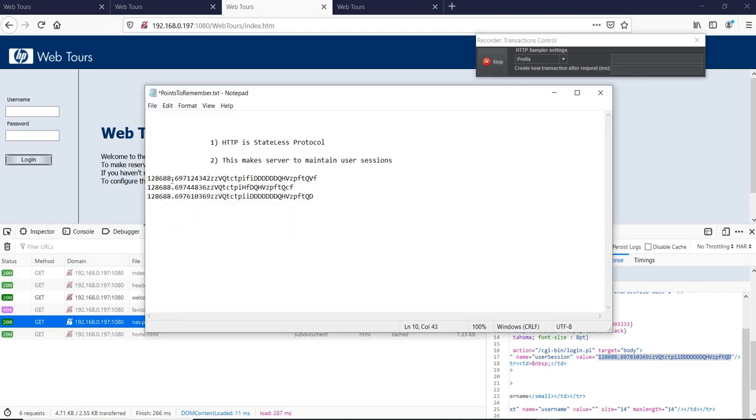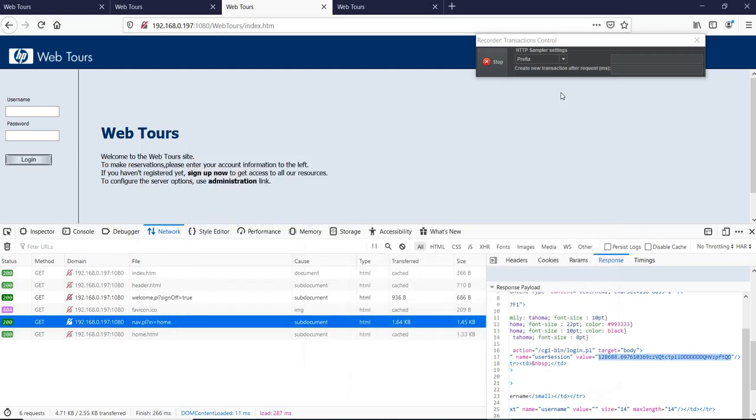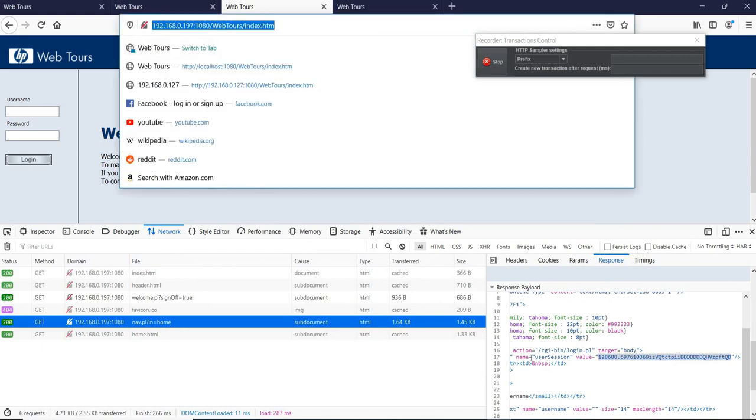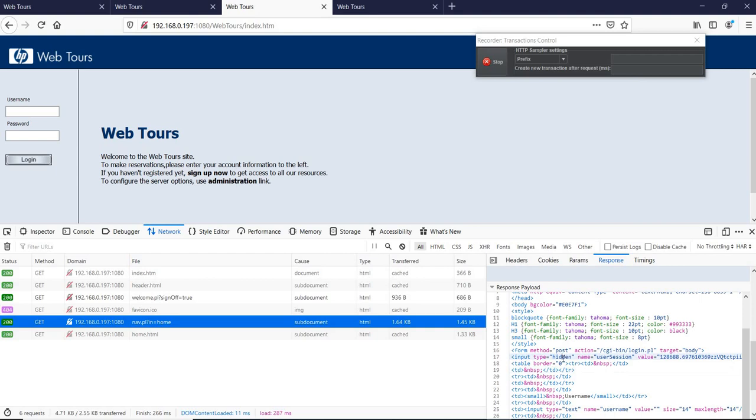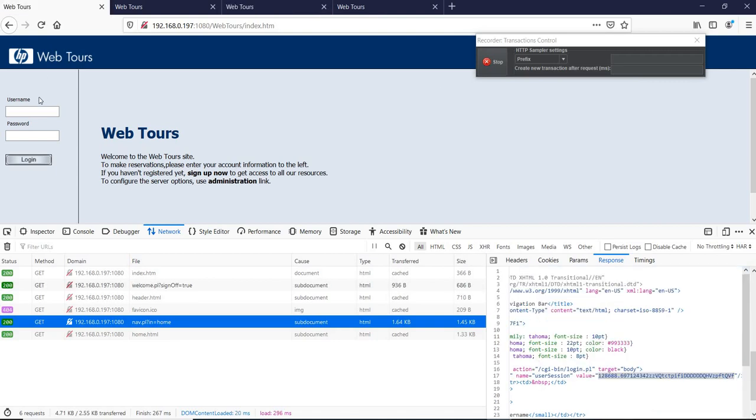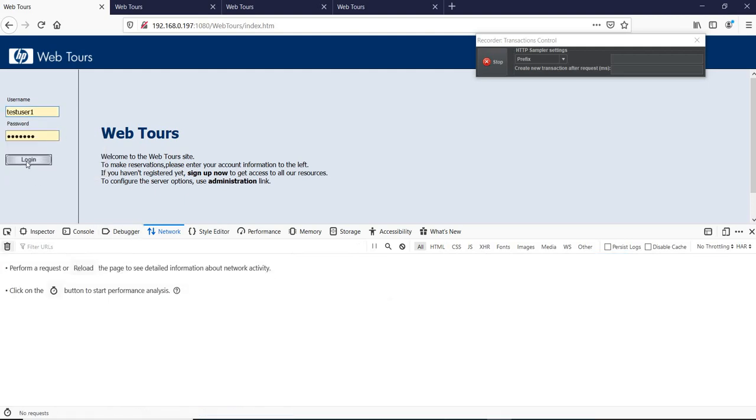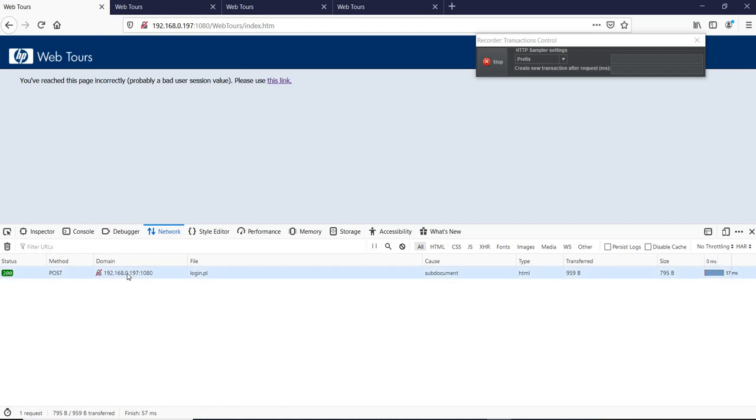If you see over here, till here the request is the same, the number is the same, but there is a difference in all the 3. Each has a different number. This is the unique user session sent by the server as a response to this request. And you can see this is hidden, which means it will not be shown on the front end in the browser because this is a hidden request. Now I will go over here and test the username. I will clear this up and press login. So this is my login request.